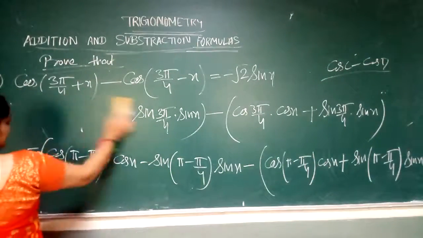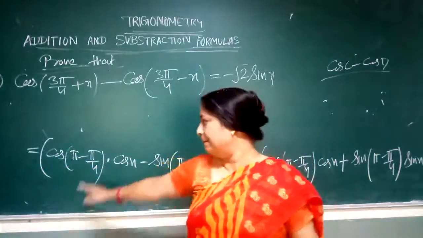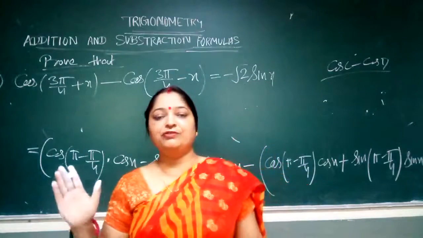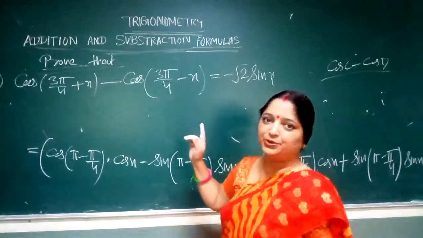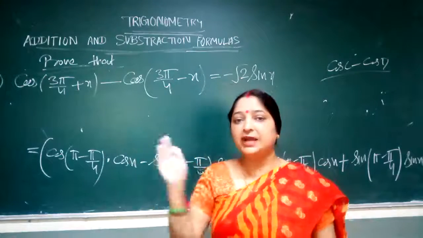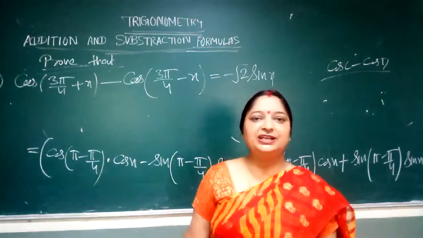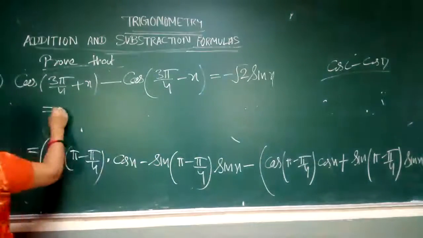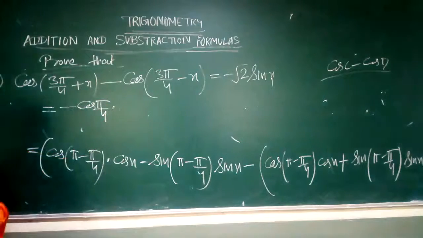Now after this, what is the value of, students? To go for the quadrant, pi minus pi by 4. Pi means 180, so it is going for 180 minus something. Means it is 0 to 90, first quadrant, you know that 90 to 180 is the second quadrant, pi minus something. So it is going in the second quadrant, and you know that cos in second quadrant is negative. So what will come here? It will come minus cos pi by 4 into cos x.